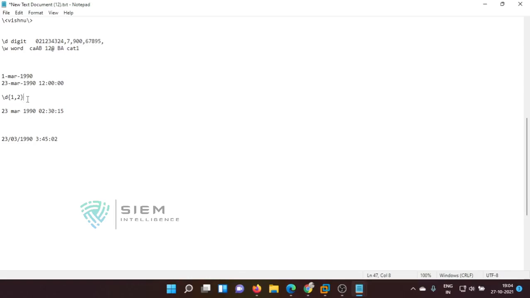Now there is a dash, a very common thing, and again \d. Then it is a word, like March. If you are starting from Jan, Feb, March, anything, there is a combination of 3 letters, so you give \w{3} directly, because Jan, Feb, till December all have only 3 letters.